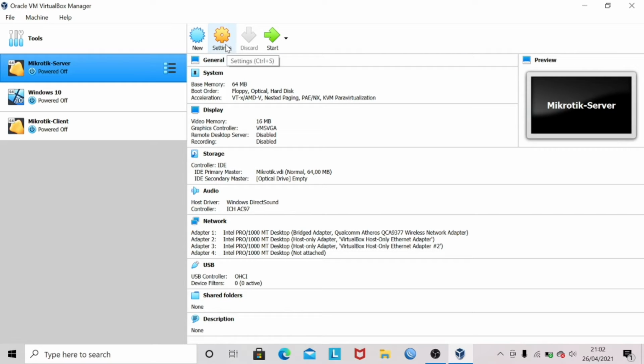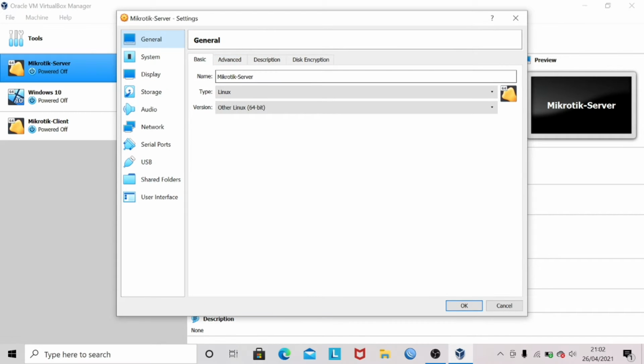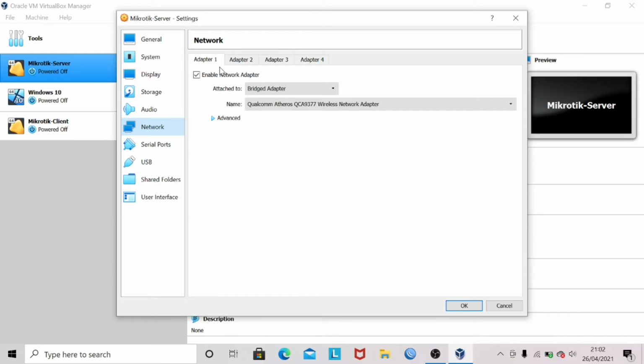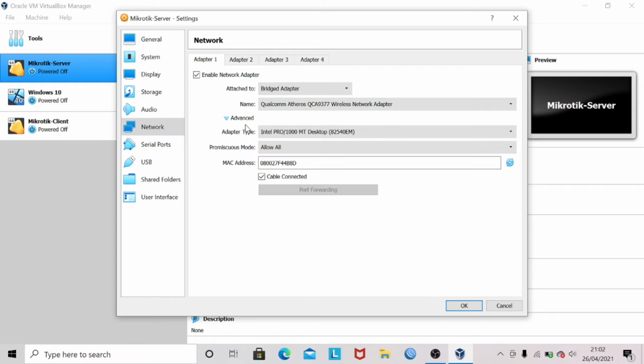In the MikroTik server section, I use 4 adapters, namely adapter 1 bridge adapter and advanced promiscuous mode allow all, adapter 2 host only adapter, also adapter 3 host only adapter with promiscuous mode allow all, and adapter 4 not attached.